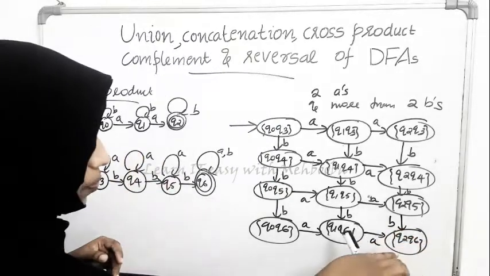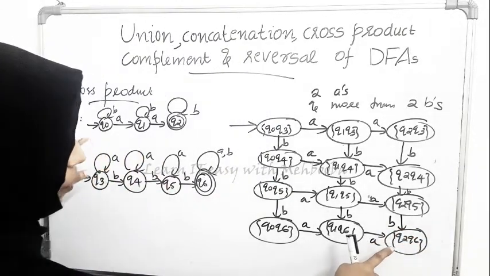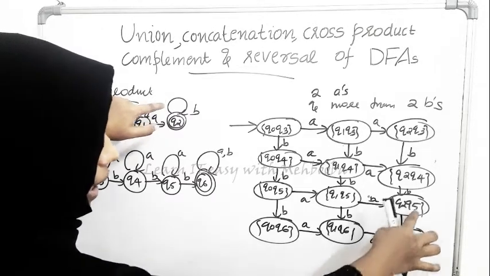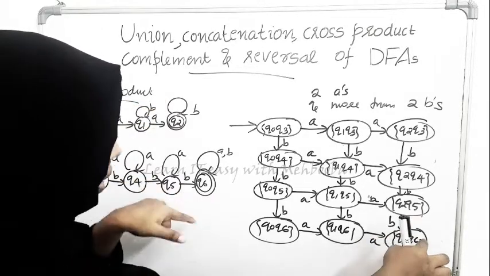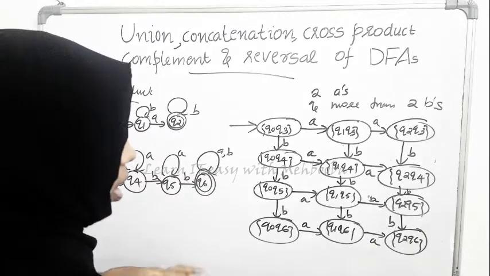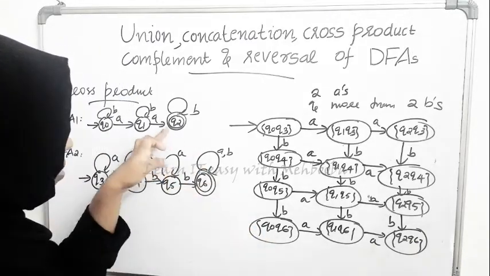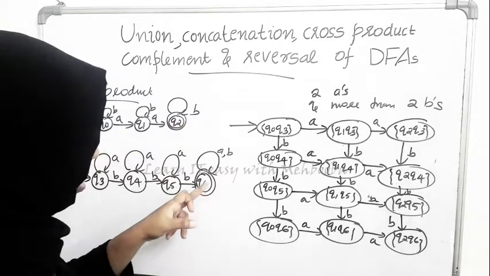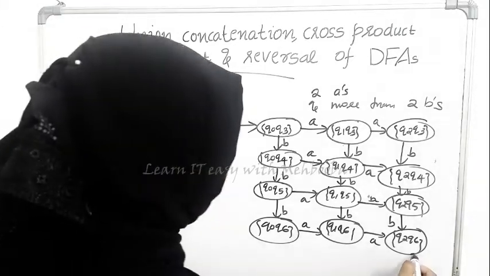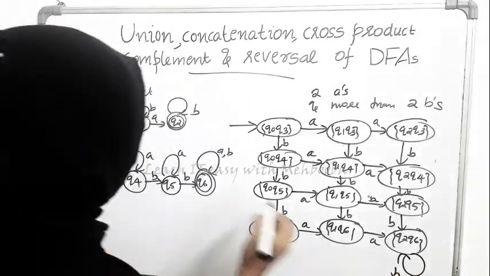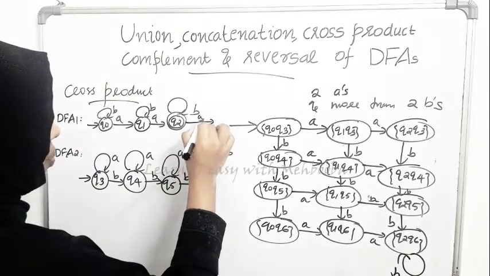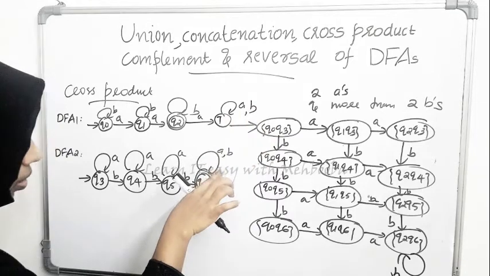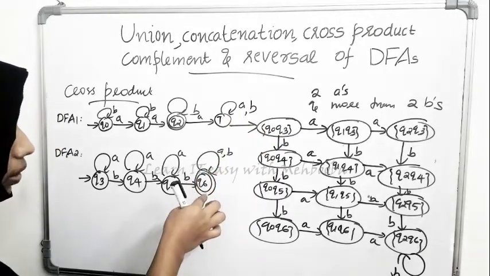For example, this B means that there is a transition from Q2 to itself on B in the first DFA and Q5 to Q6 on B in the second DFA. That's exactly it. Now on Q2 there is a transition to itself on B, and on Q6 there is a transition to itself on B. Now if an A comes at this point, that will take you to a trap state. Now if A comes here, that will be in Q6, because